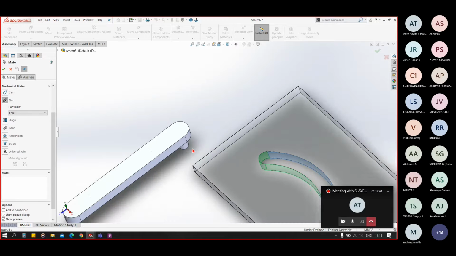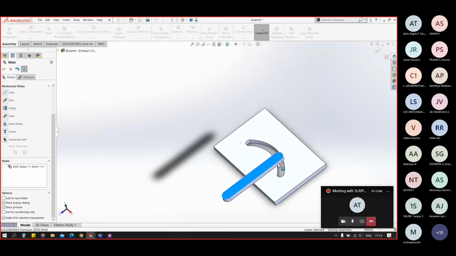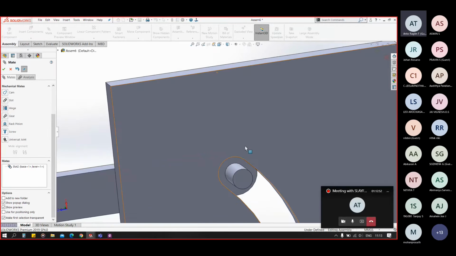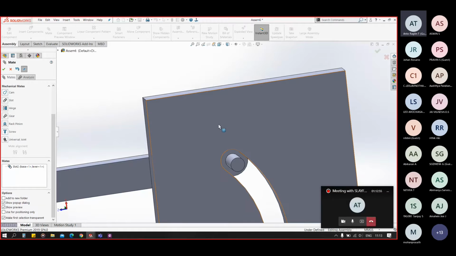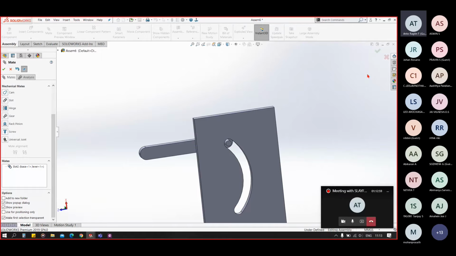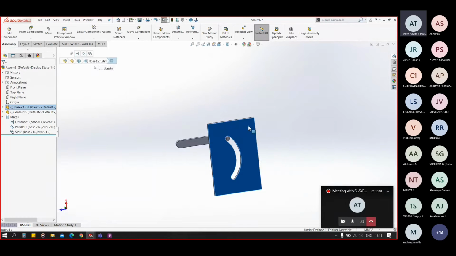Select this slot, select this knob, click OK, and you can see it will only follow that path. Also it will be centered in that path. Okay, so this is our slot mate. Now next one is hinge.